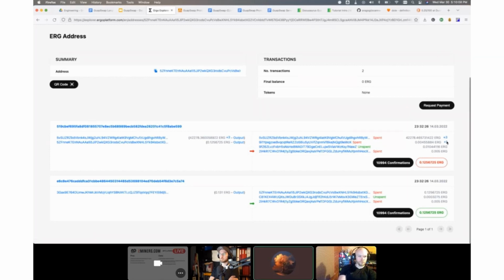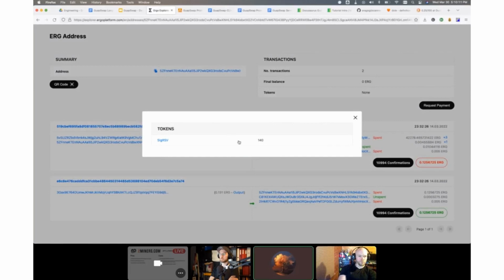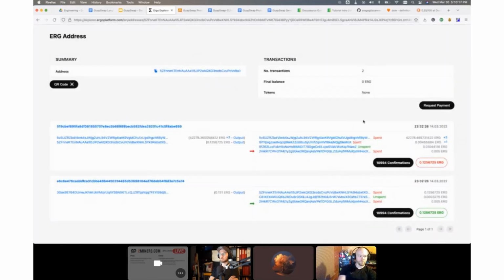So if you click the +1, we saw that they traded for cigars V. So the 0.131 got converted to 100. And then the other boxes are the fee, fee, and then the mining fee as well. And that's it. So if I go back,